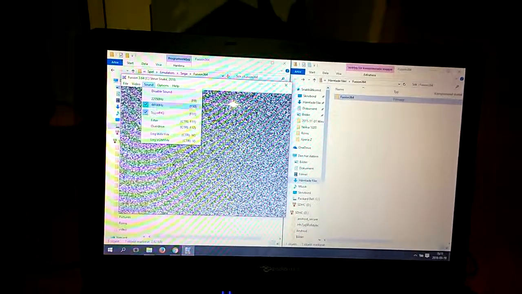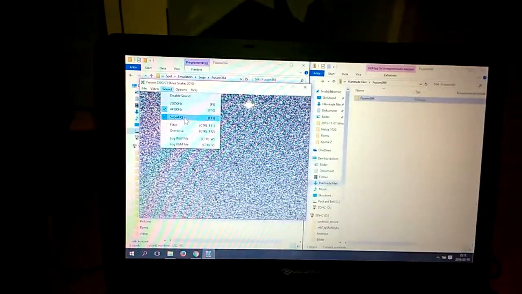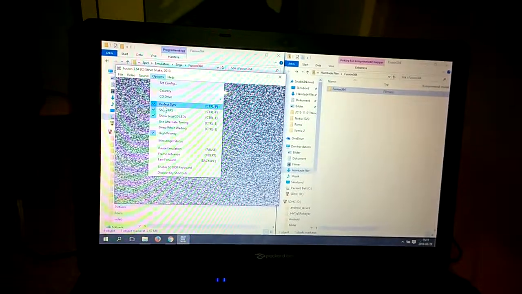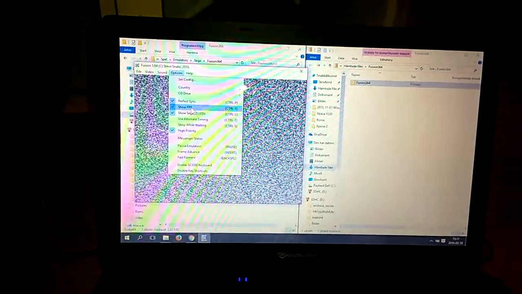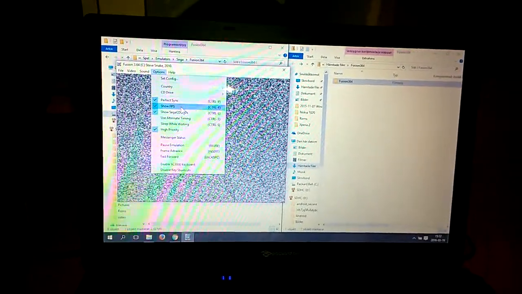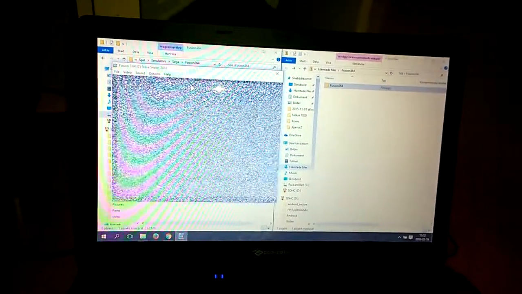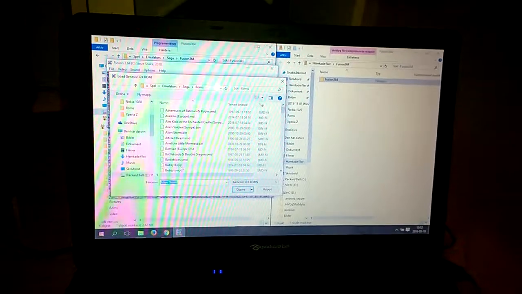You can set the sound settings as well. I use 44,100 Hertz and super high quality, and this will improve the sound. You can do things like filter and disable sound if you want to do that as well. There's also perfect sync. If you're having issues with the frame rate, you think the frame rate is not perfect, or it's buggy, you can